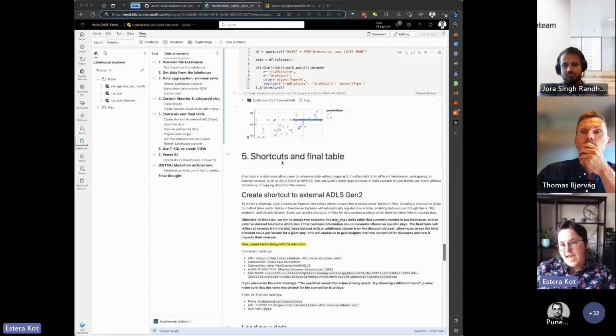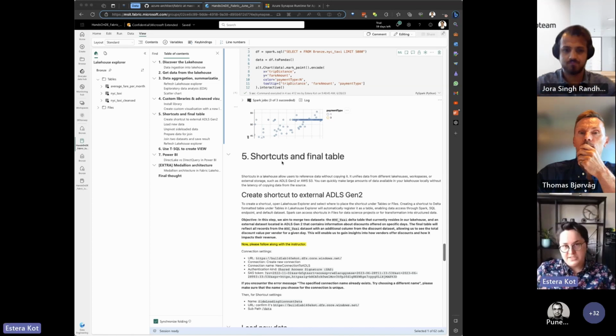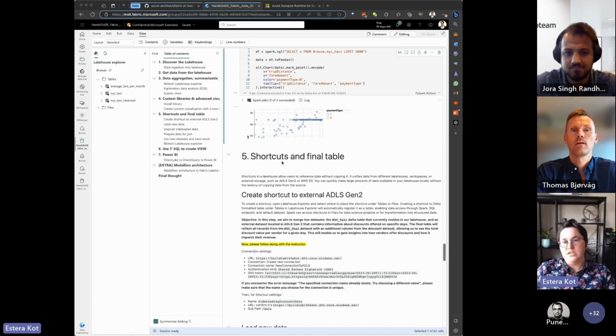And now in Fabric, because we want to have this OneLake approach, we want to combine all the data assets that we have in our company. And also the point is that we don't want to copy the data. We don't want to, as previously, create the definition for access to the storage account and then copy the data, use the copy data tool, and check what the throughput is, how long it takes to load 1 terabyte of data. It's not needed anymore because we have the shortcut feature.